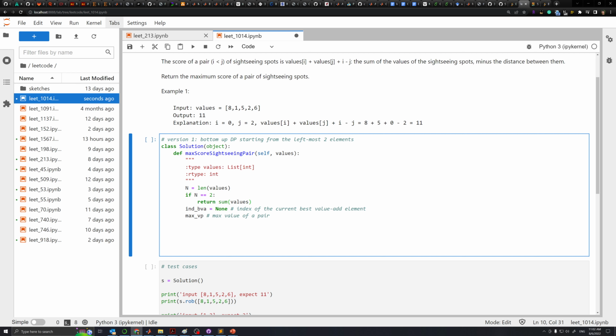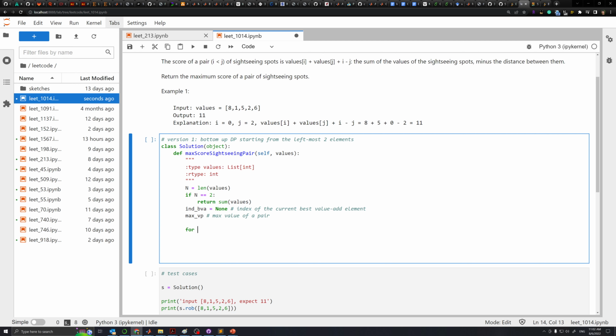Okay. And so when n is greater than 2, we're going to start the for loop from our most trivial problem of the first two elements. So for k in range